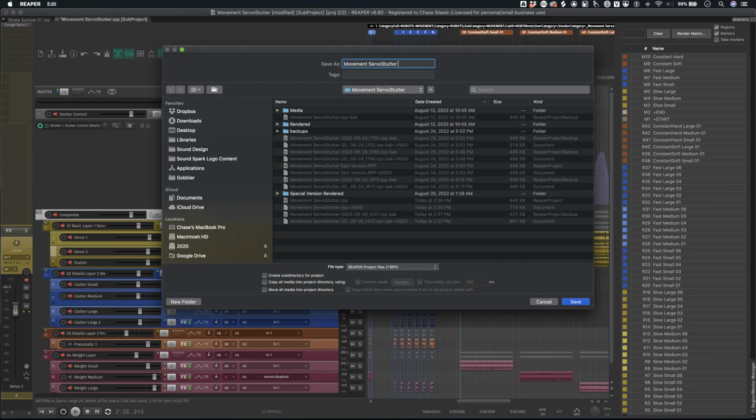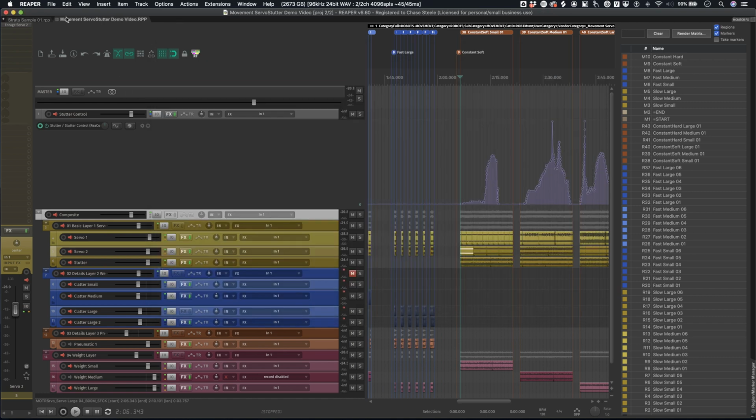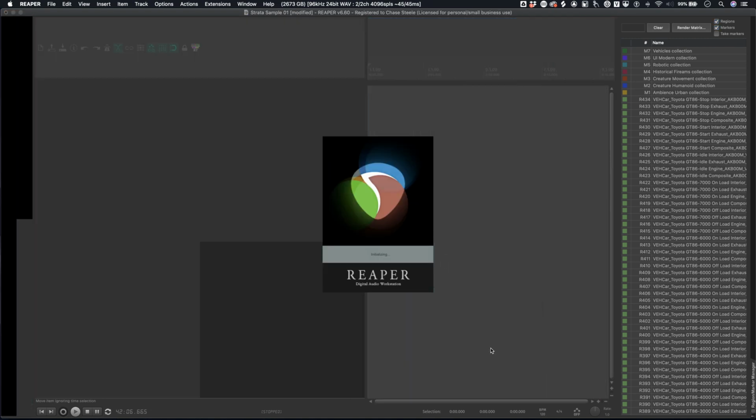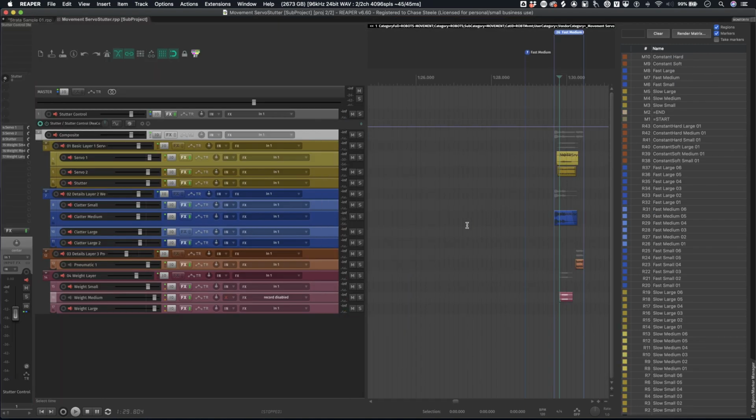A lot of the workflows that I'll be demonstrating throughout the videos will involve saving multiple versions of projects, and I'll go into how to manage those a little bit later. I'll just call this demo video or something like that. All right, and then I can close this, and if I were to reopen the original, it's still intact the way I left it.